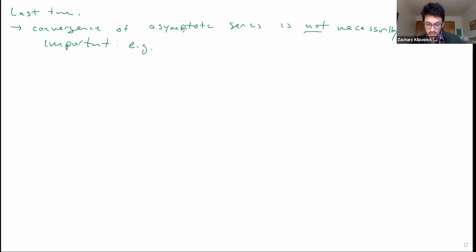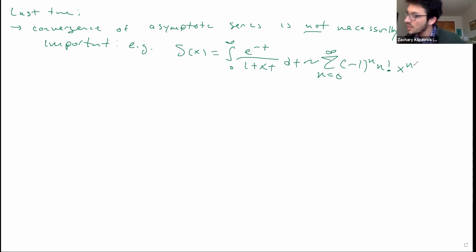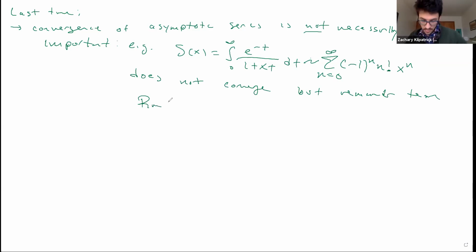S of x equal to the integral from 0 to infinity of e to the minus t over 1 plus xt dt can be written asymptotically as the sum from n equals 0 to infinity of (minus 1) to the n, n factorial, x to the n, right? So this does not converge, okay? But the remainder term, which we said R_m of x, this is bounded from above by (m plus 1) factorial